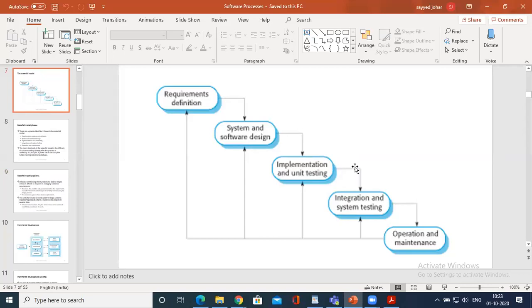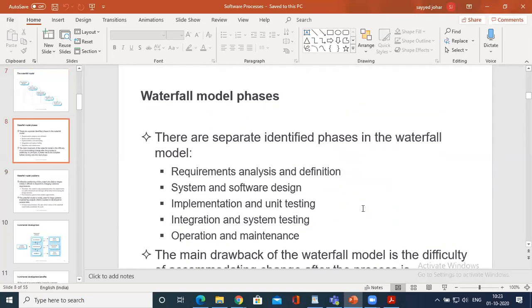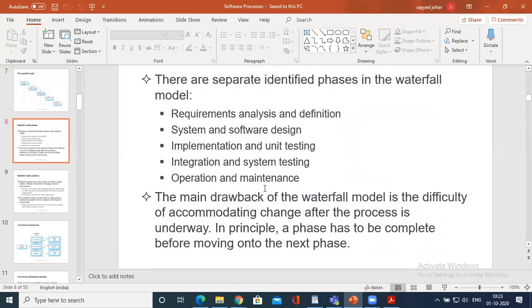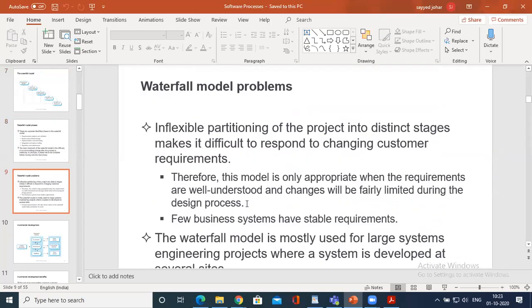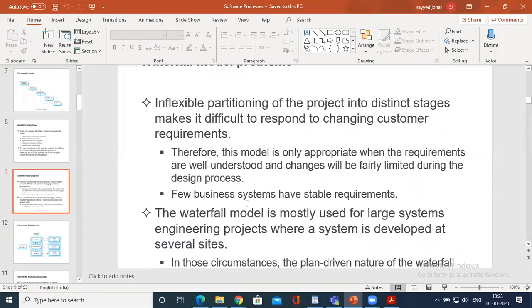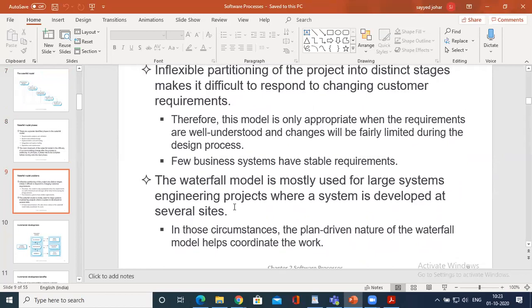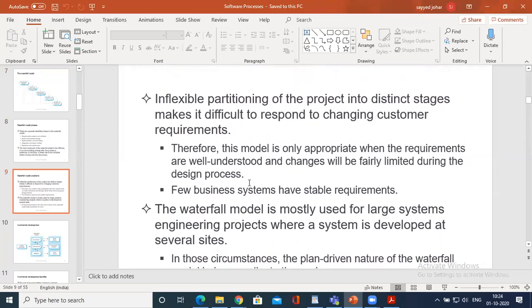So this is the concept of a waterfall model. You need to go through the same phases as per the diagram being explained, and you need to explain the drawbacks. And when do we go for a waterfall model? If that is asked, you should be in a position to explain. Only if the requirement is understood well can we go for the waterfall model.